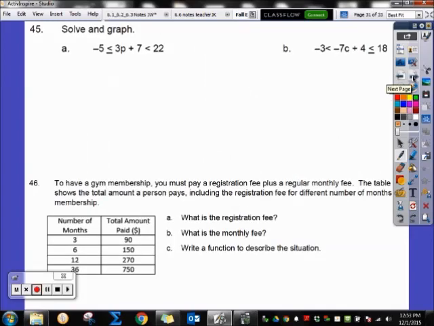45 are compound inequalities, and these specifically are ands. And I'm going to solve using the shortcut method, where I just have to make sure I do the same thing 3 times. So -12 is less than or equal to 3p is less than 15. And then if I divide every term by 3, so -4 is less than or equal to p is less than 5. If I'm going to graph,